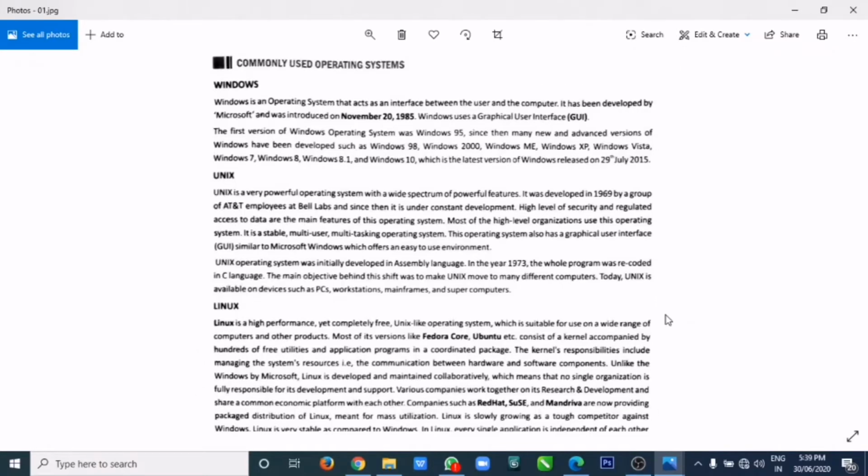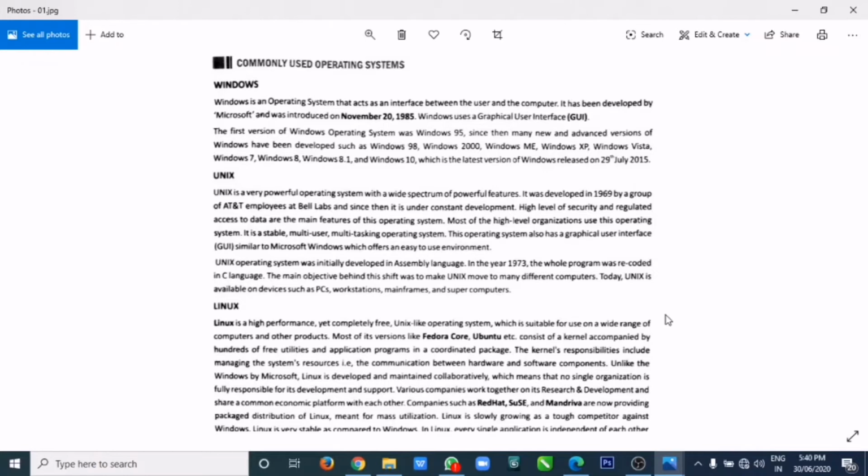So first of all is Windows. We all know about Windows and we have worked on Windows, right, at our home or in the school lab. So mostly we work on Windows. It is developed by Microsoft company and commonly referred to as Windows. It is a group of several proprietary graphical operating systems which are developed and marketed by Microsoft.